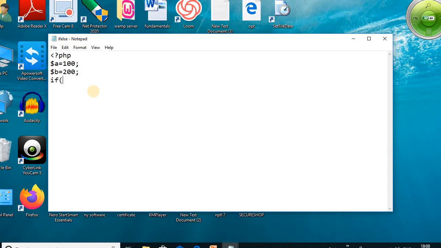So dollar A is greater than dollar B. Okay, if dollar A is greater than dollar B, then if this condition is true, we give the message, echo, display message echo A is big.